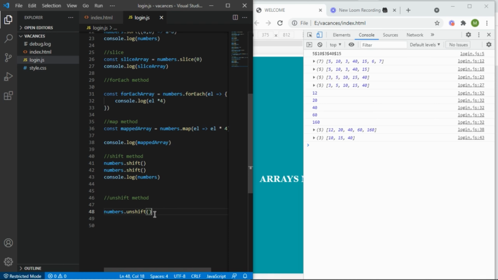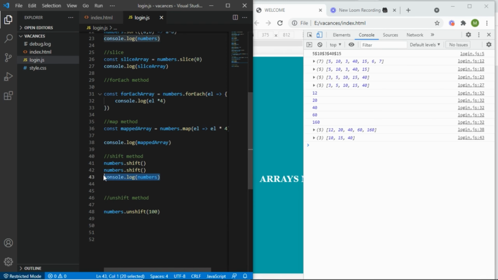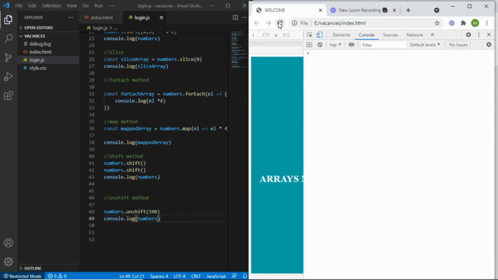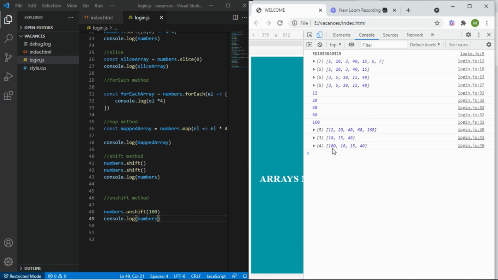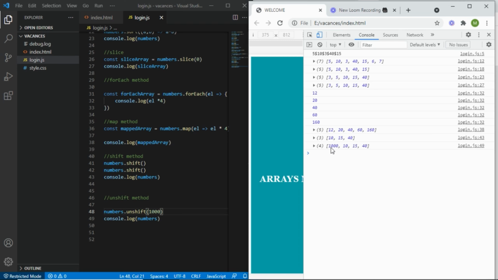Now if you're adding an element, you have to specify that element. Let me say you're adding 100 here. If you try to log your array in the console, you'll see a new number at the beginning. You refresh, you see 100 here, then 10, 15, and 40. So you can change it and maybe say 1000 and you refresh, same result, you get it at the beginning